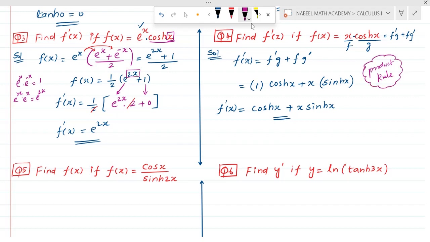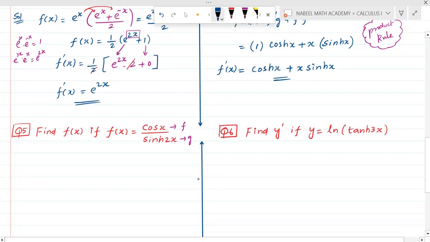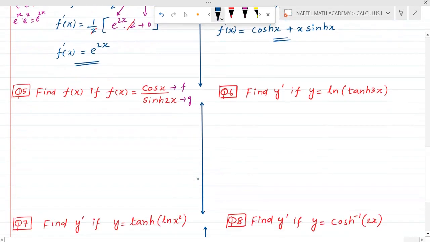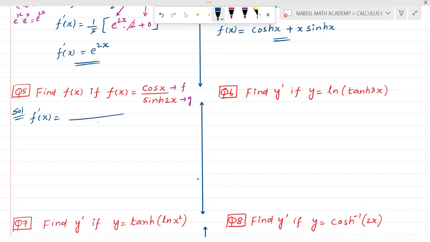Let us see what happened here. So this is f over g, which means it's a quotient rule. So I have to use the quotient rule here. Write the formula first. In order to solve this one, f prime of x equals g squared, g times f prime minus f times g prime. So this one is f prime of x is equal, you have